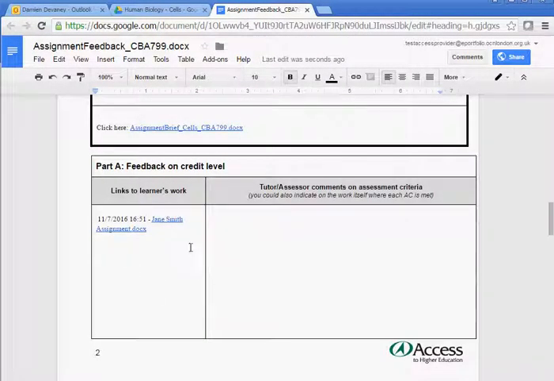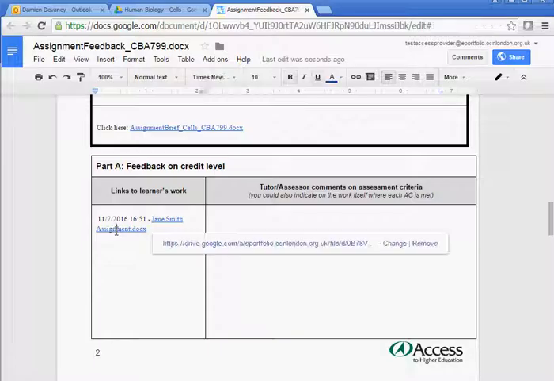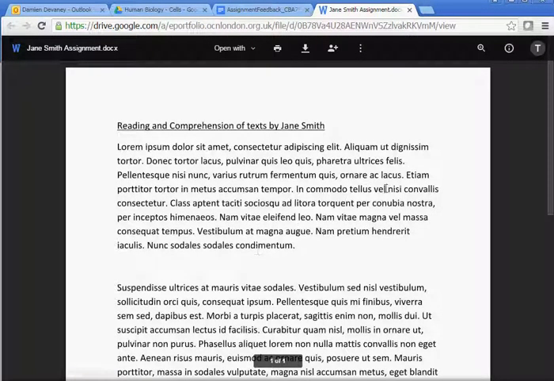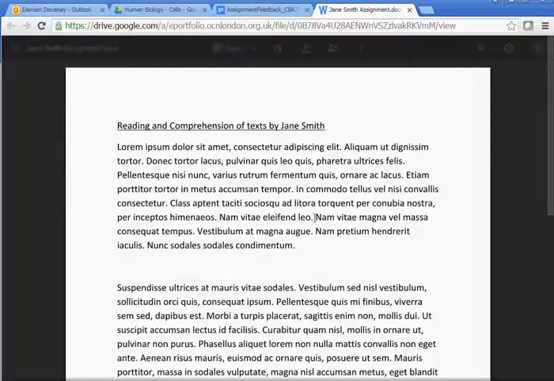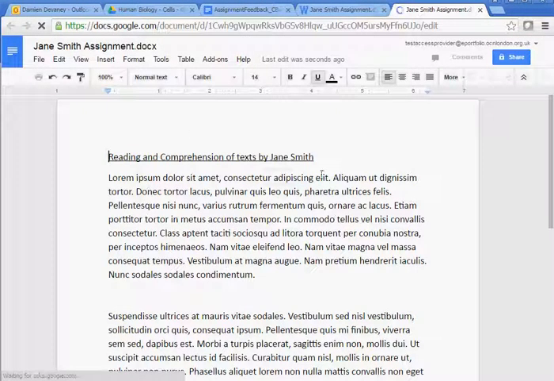I've got a link to her work here, to the document which she uploaded. I'm going to follow that link. This is taking me to the very document which was uploaded. Now if I wanted to, and this is completely optional, but if I wanted to actually annotate her actual text, I can click open, and what I'm looking at here is a copy of her work, which then I can